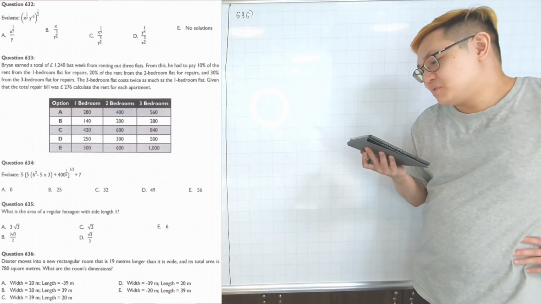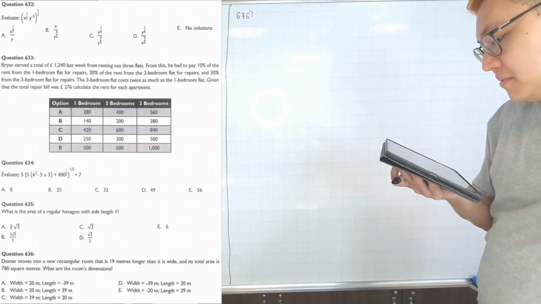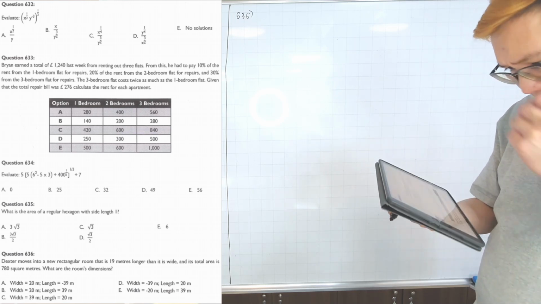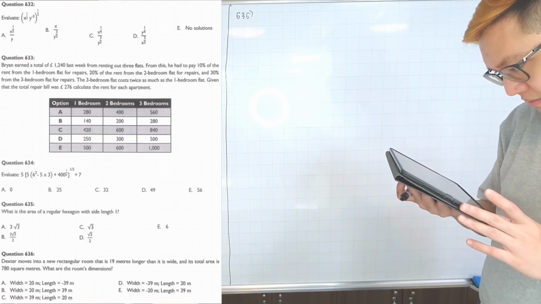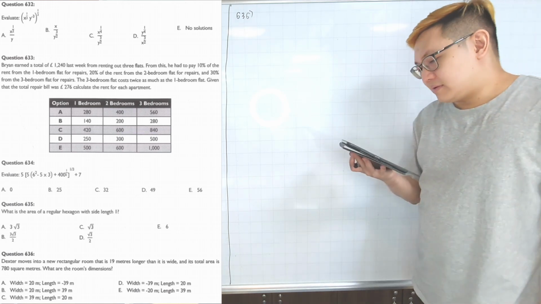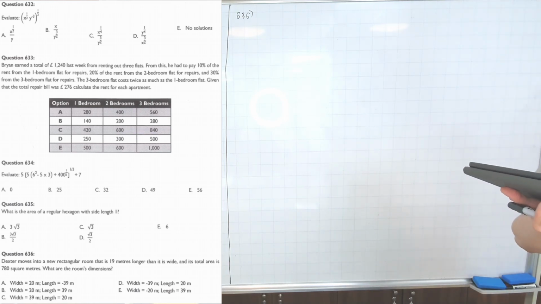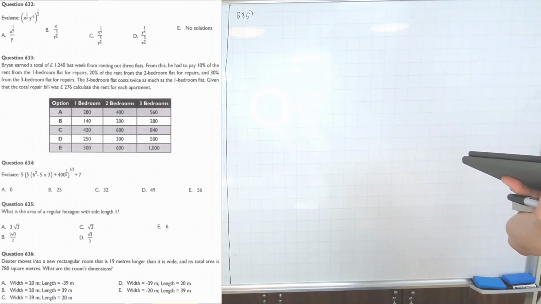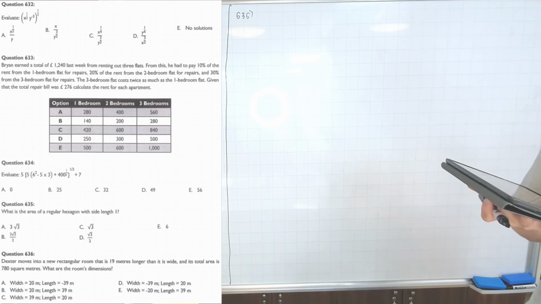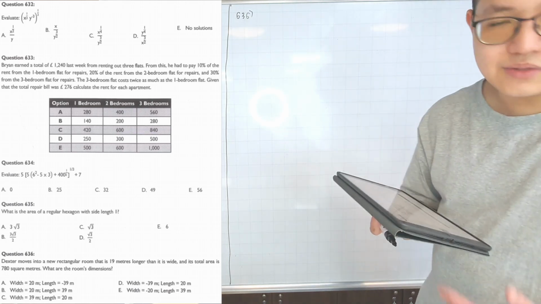Now, Dexter moves into a new rectangular room that is 19 meters longer than it's wide. And its total area is 780 square meters. What is the room's dimensions? Dexter chuyển vào một cái căn phòng hình chữ nhật mới. Chiều dài của nó dài hơn 19 mét so với cái chiều rộng. It's 19 meters longer than it's wide, so it means that